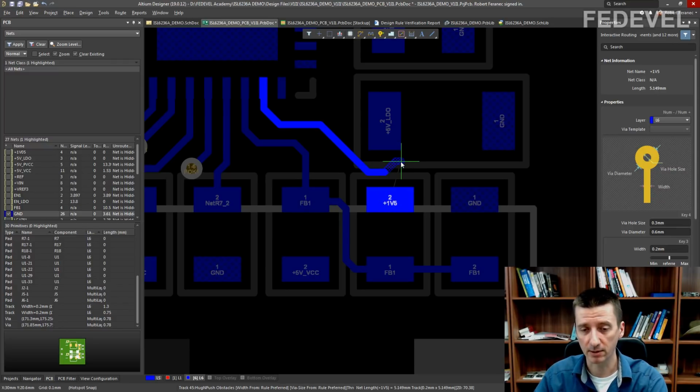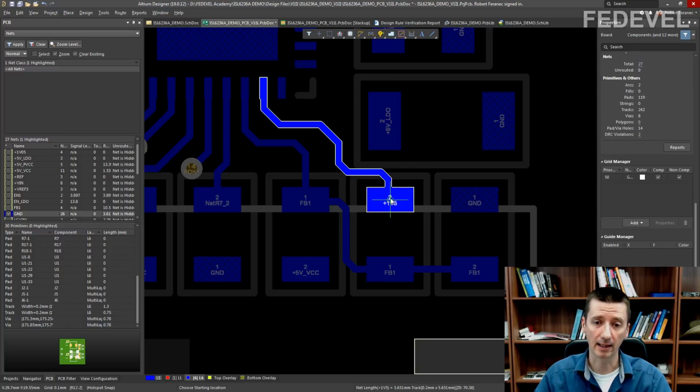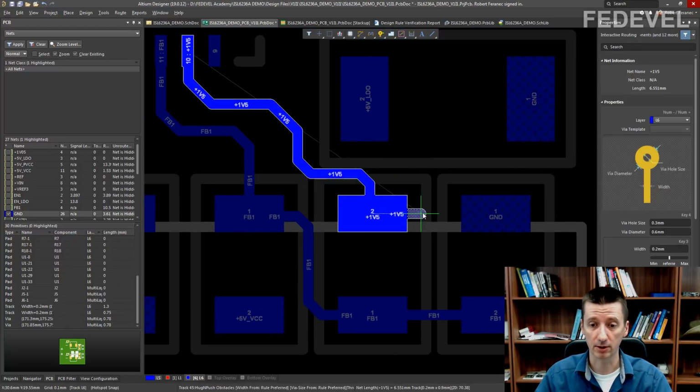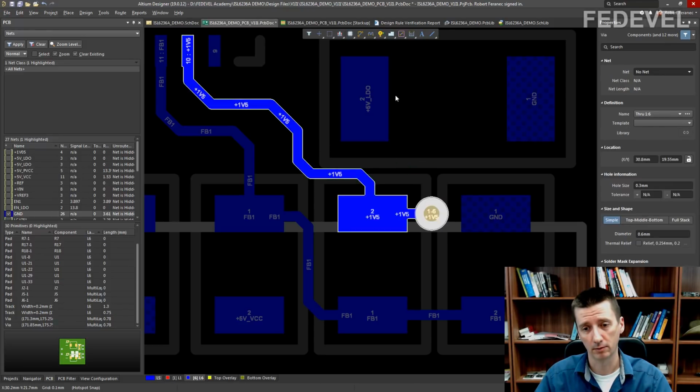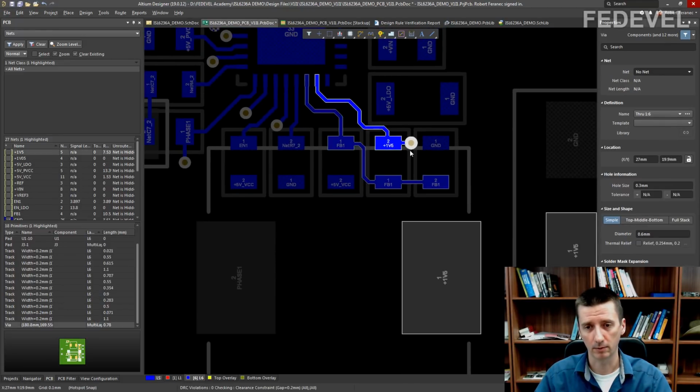Oops. Press backspace, you can go one step back. Let's say like this. Okay. Again, press spacebar. You can play with the angles which are suggested.